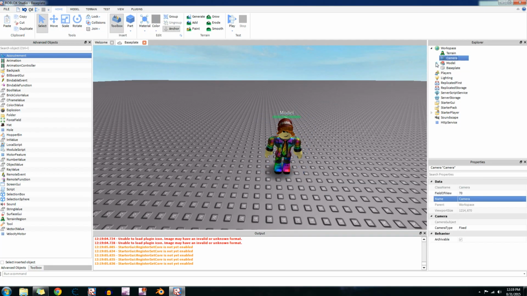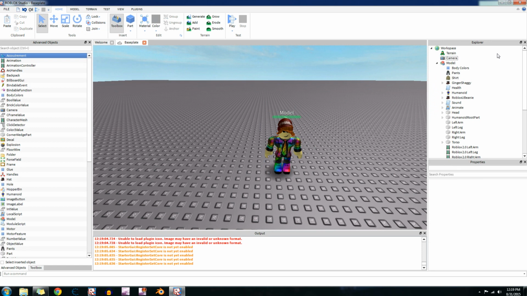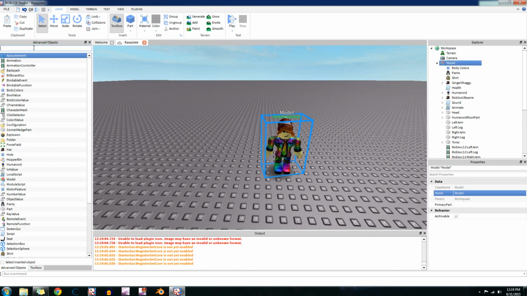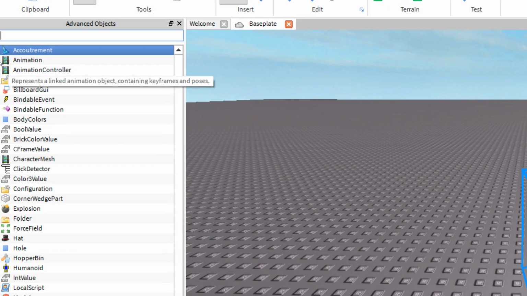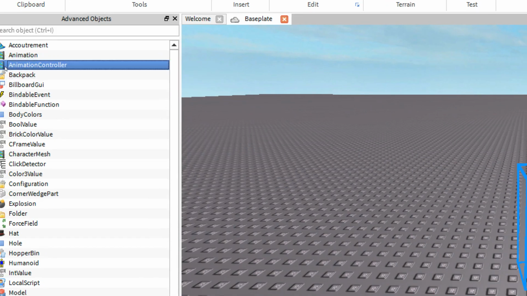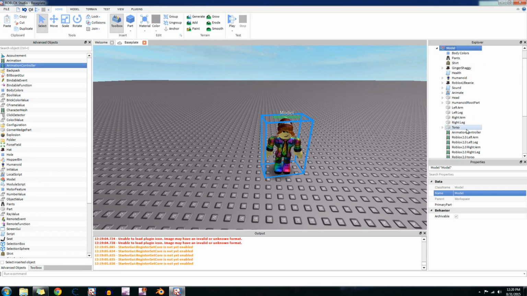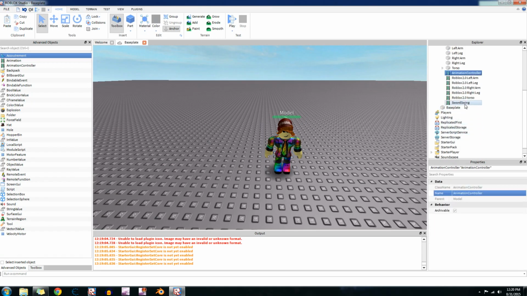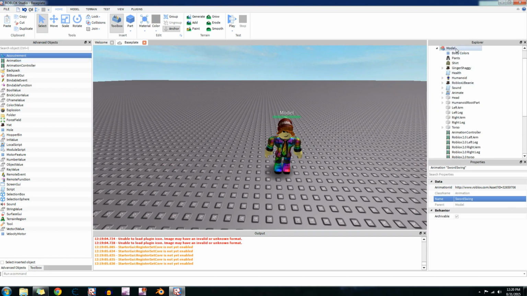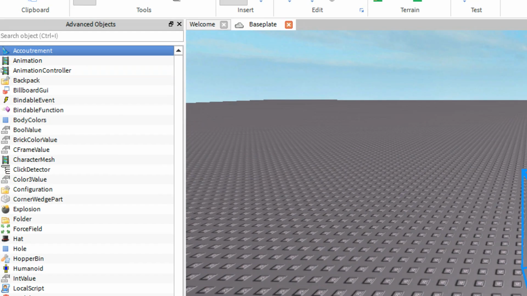So now what I want to do is teach you how to animate non-player characters. To do that, click on the model, go into advanced objects, and then insert an animation controller. It should look like that. So double click on it and insert it right here, and then you're going to want to insert an animation. Okay, so click on the model and then double click on animation,